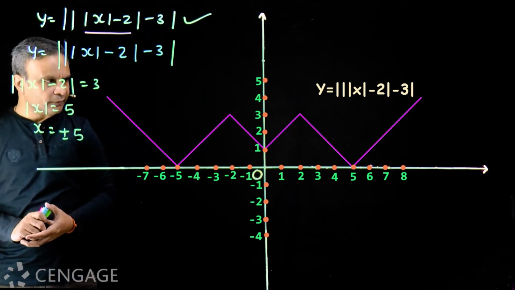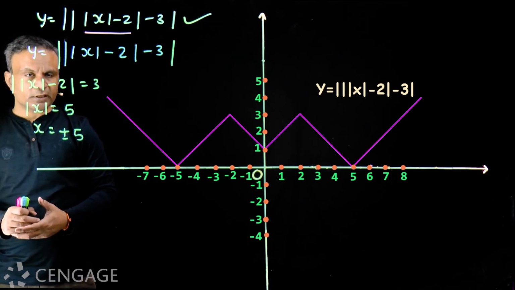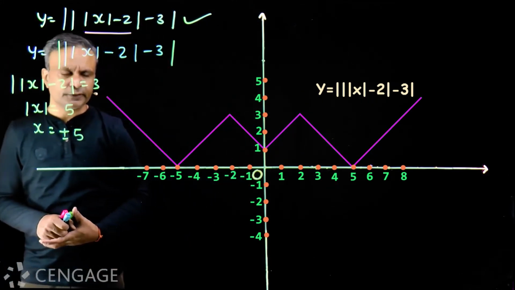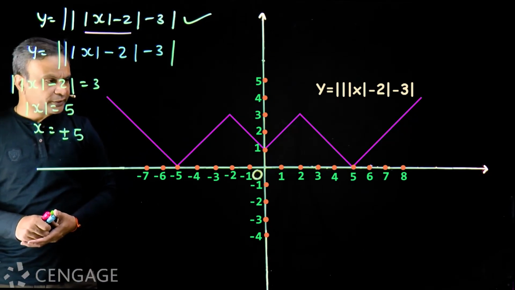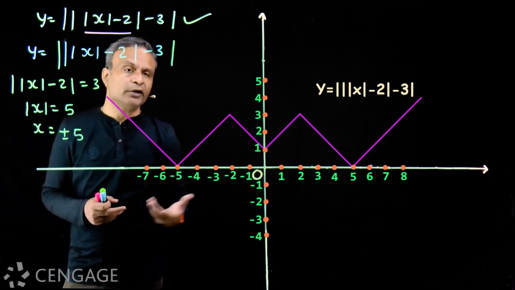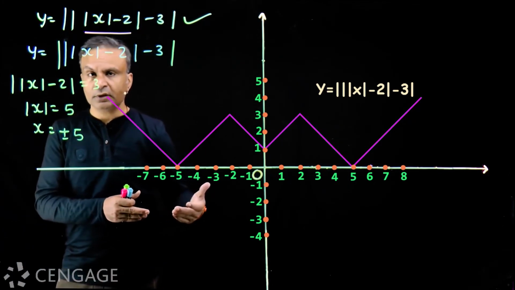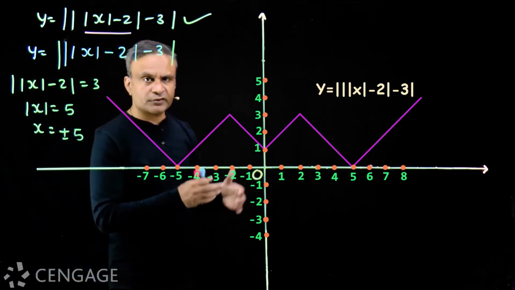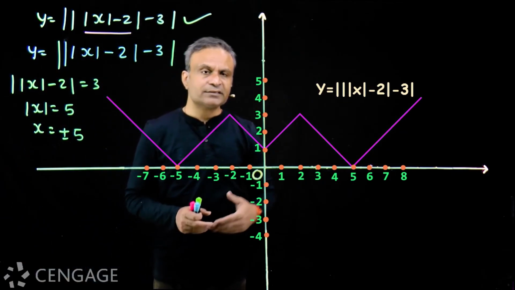So this is quite a good function. We have to use a lot of graphical transformations. We may find this question in continuity and differentiability, where we have to find the number of points of non-differentiability, and it is 5. The function has 5 points of non-differentiability. Okay, let's take some more examples.